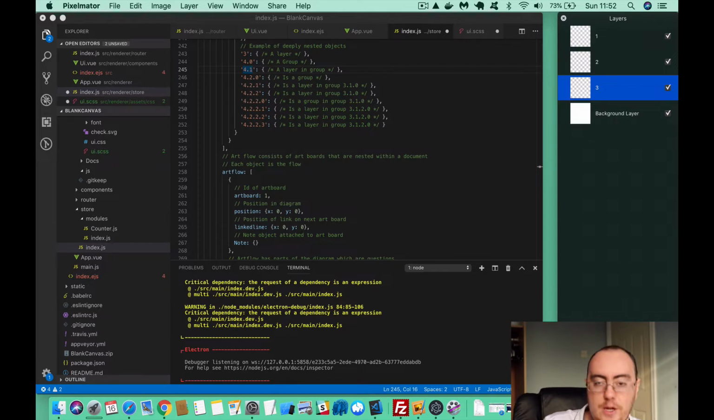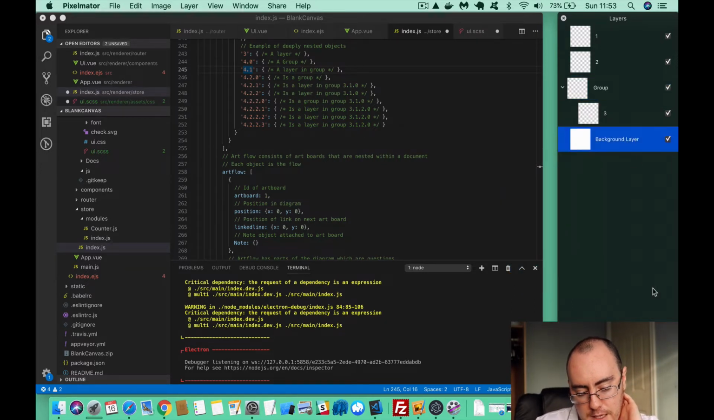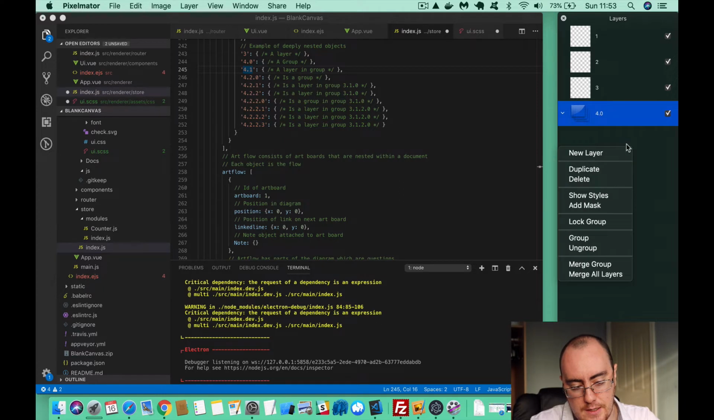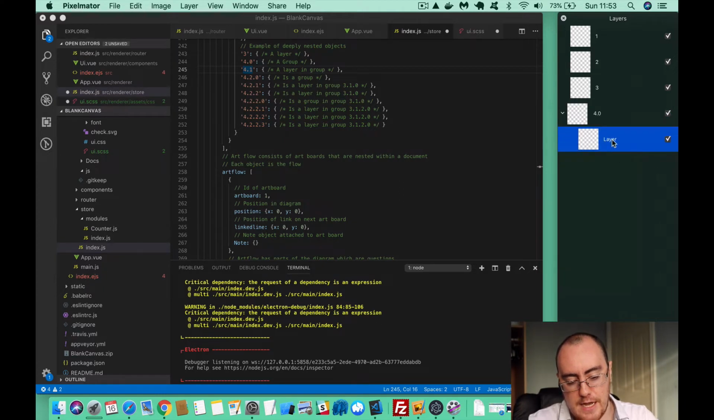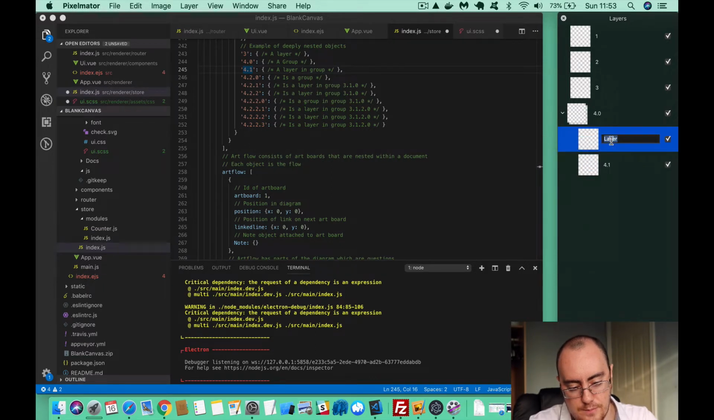Once we have that 0.0, again, 0 is a very special thing in flat mapping. So what we want to do is go ahead and add in a group. Let me delete that out. I'm going to move that up. So now we have 4.0. Then I'm going to add a new layer. Now that's 4.1. Then we add a new layer. That's going to be